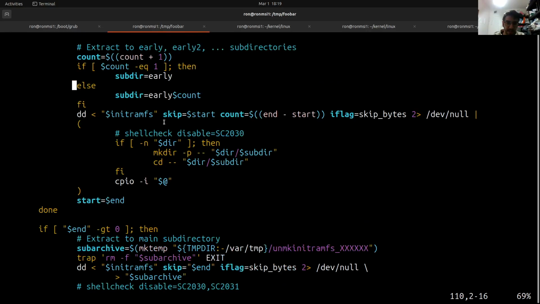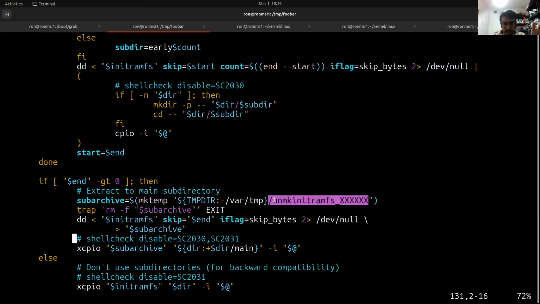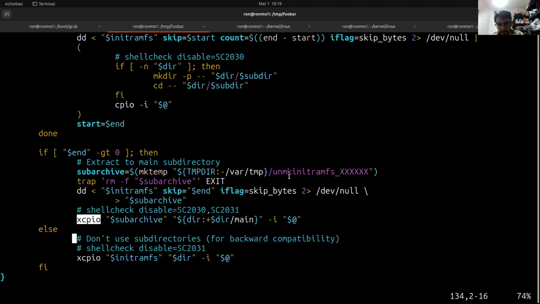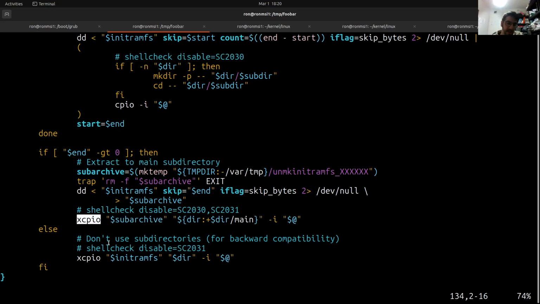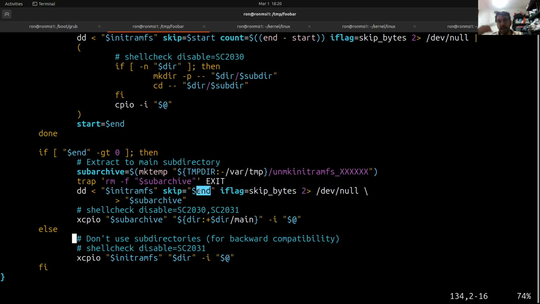Otherwise, if we have the scenarios that we have, what happens is that it's going to go ahead and try to see if there is, it's not really important. It's going to try to create a temporary directory for the extraction right here. Okay, and what it's going to do here is a cpio, xcpio, this will be the temporary directory to extract to, and it will call the utility function for the file, the temporary file that we are going to create here. Check it out. This is the DD thing. It's going to start from the end of the early and early 2, and it's going to output its data